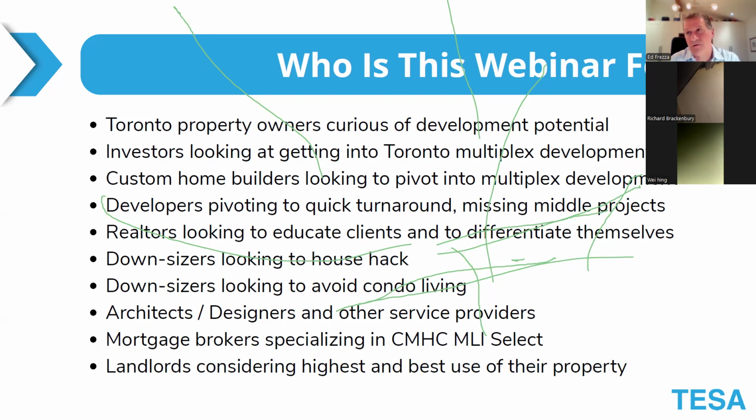This is a critical question that a lot of people who attend our webinars are asking. We're also dealing with investors who in the past would have gravitated to pre-construction condos, to flipping, things of that nature. Well, those avenues have closed on them, and so now they're looking at getting into the Toronto multiplex development scene and trying to figure out how this works, and is it something that would suit them. We're also seeing custom home builders who in the past, of course, could build on spec, and even before they finished would be able to find a suitable buyer. Regrettably, the market has changed significantly that very few people are willing to take that risk.